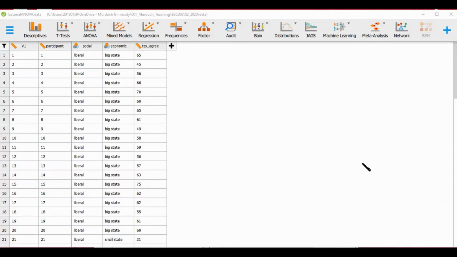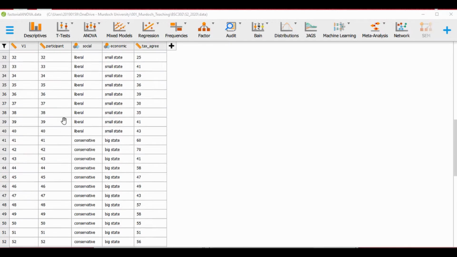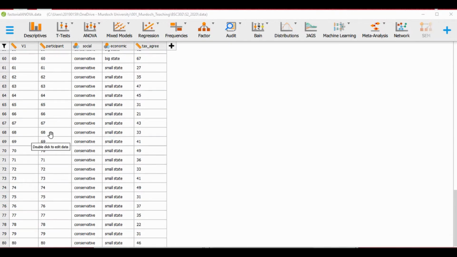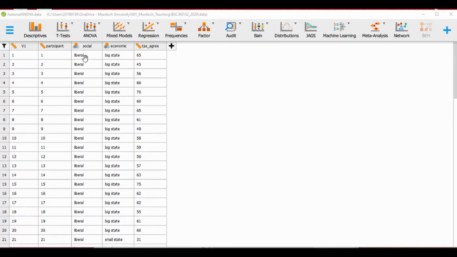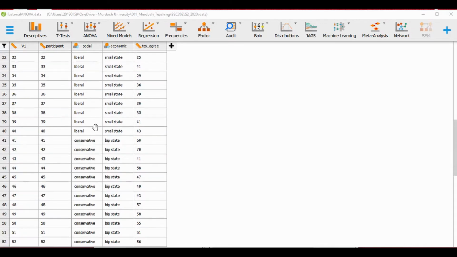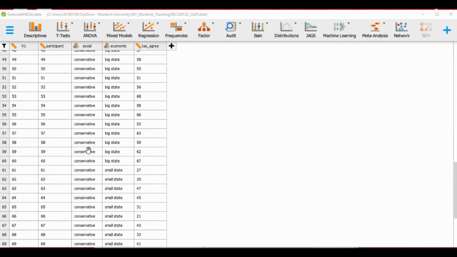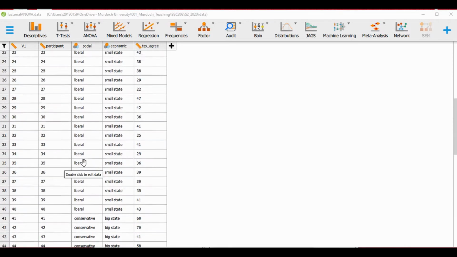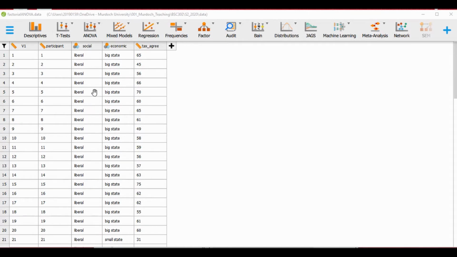In this second guide, I'm going to explain how to run the factorial 2x2 Bayesian alternative to ANOVA. In this data set, I've got 80 participants who were classified according to their social and economic views. So social views and economic views are the two independent variables or factors. Half of them have liberal views in social views, so these are 40, and 40 have conservative social views. In terms of economic views,